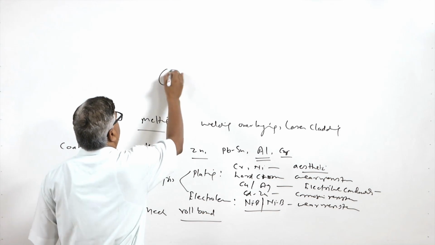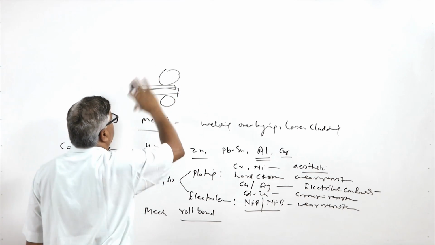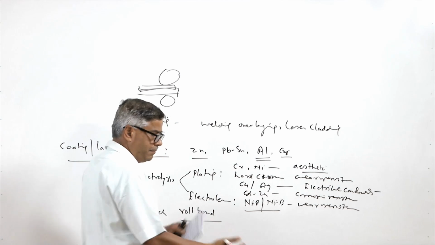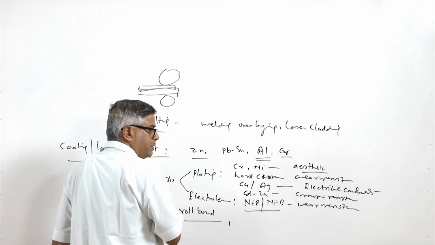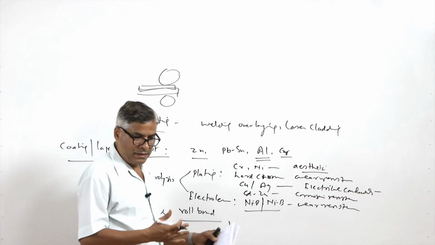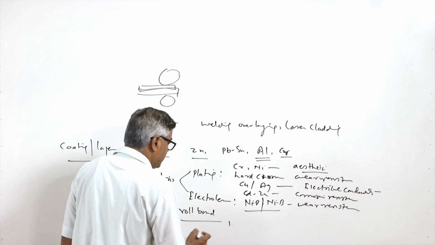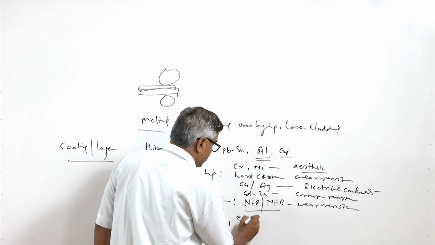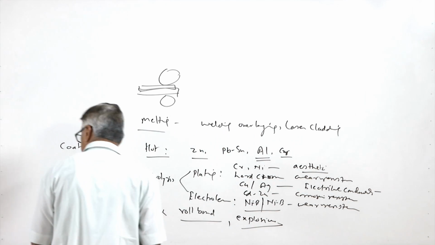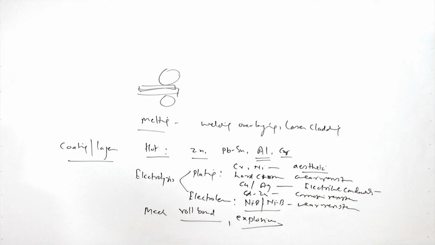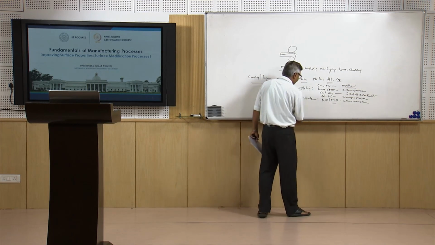Then there are mechanical methods, wherein roll bonding is one of the methods, where the substrate and the coating material are forced to pass between two rolls so that the bonding between the two happens. This is especially used when the two materials in the fusion state do not have good compatibility. Explosive bonding is another method. So mechanical methods are used for those situations where the material to be applied at the surface does not have compatibility with the surface.